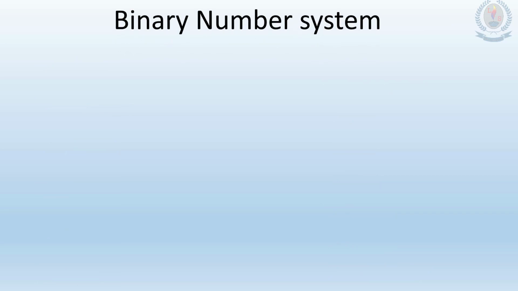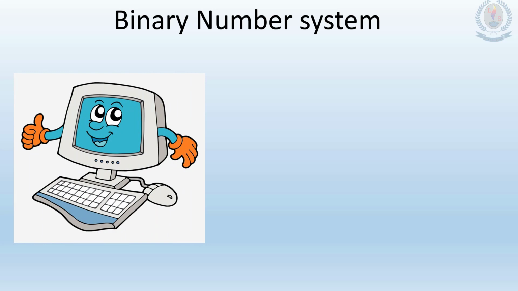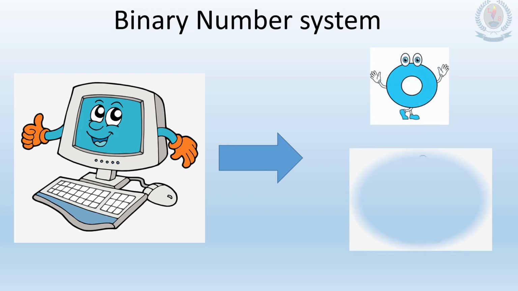So now we are moving to a new topic, the binary number system. If we take the binary number system, that is the number system a computer can understand. As we have learned in machine language also, it consists of only two numbers, zeros and ones. There can be only two options, 0 or 1. In the binary number system, we have only 0 and 1.